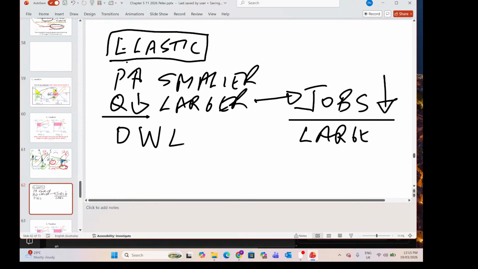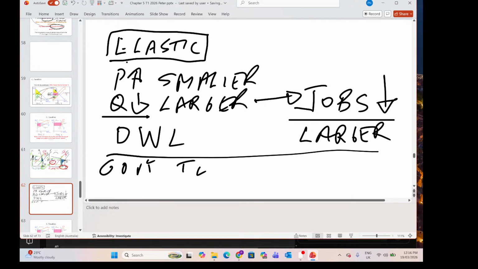And so for those reasons, government tends to tax indirect tax less elastic